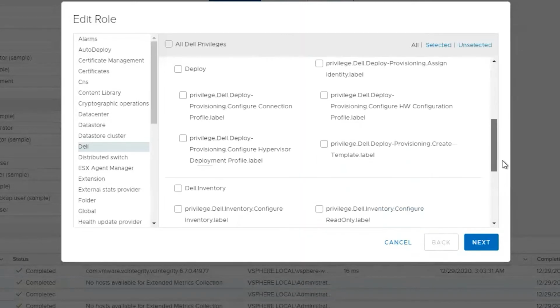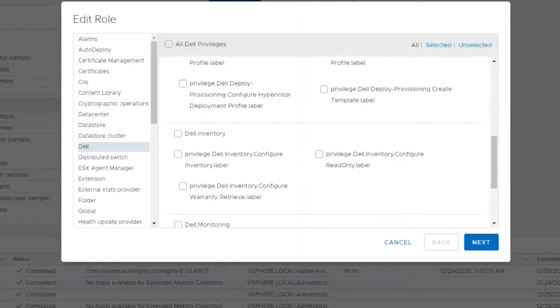The Dell inventory read-only settings here are going to be for getting vCenter information when configuring the connection profiles, checking if the host is in fact a Dell server, retrieving the vCenter IP, host IP information, getting the current vCenter version and session information, and getting the inventory from vCenter.